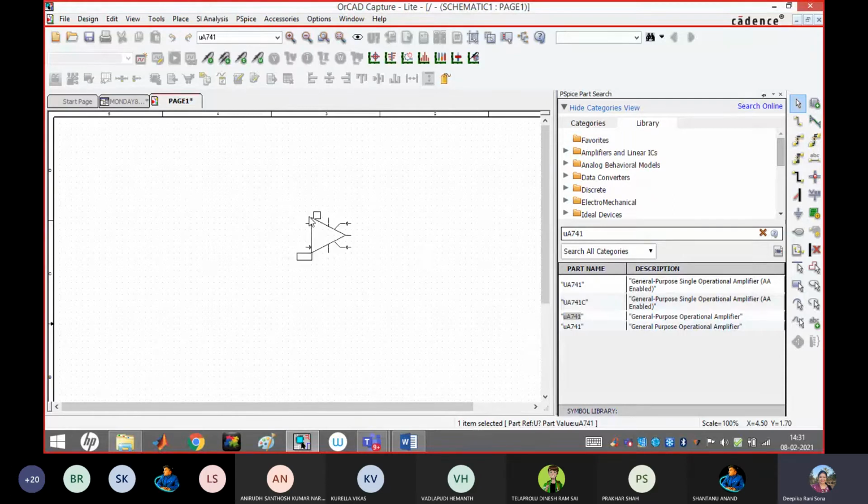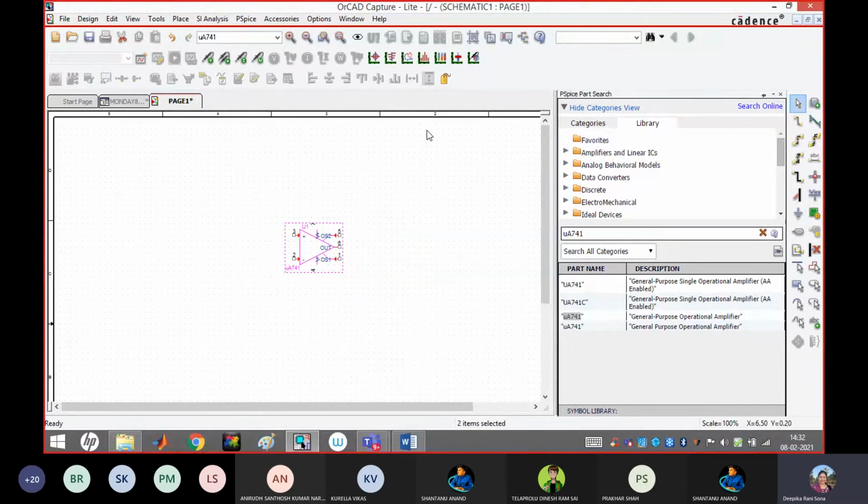If you all are ready with this, I'll proceed. If you give the reply on how to bring the component onto the page, then I will proceed. Are you able to bring the op-amp onto the working page or workspace page? Yes, ma'am. Okay, that's all. That is the only big job you have to do.